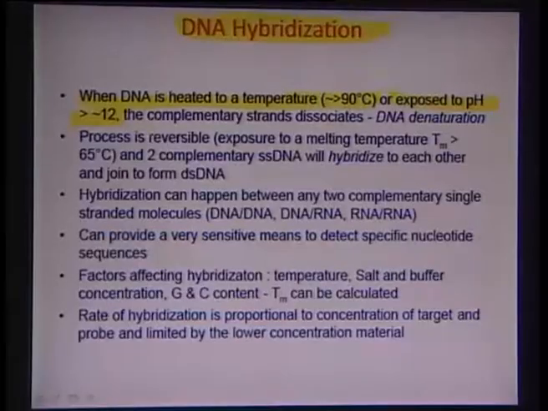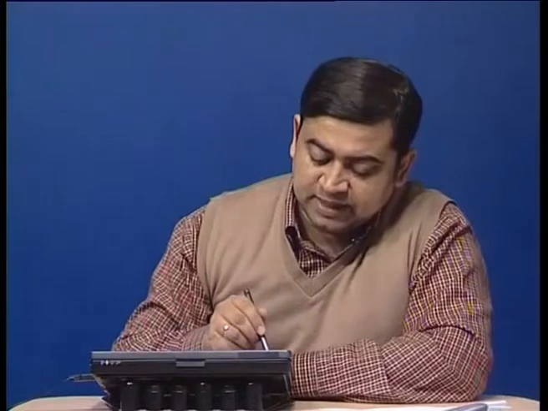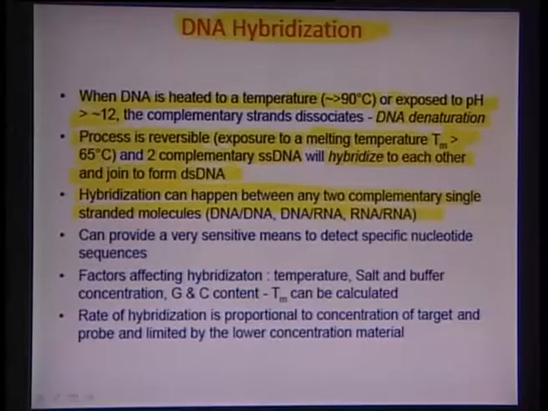So hybridization can take place between two DNAs, a DNA and an RNA, or an RNA and an RNA, and the only thing needed for hybridization to happen is the complementarity of the two joining strands. So this hybridization protocol can provide a very sensitive means of detection, and it can